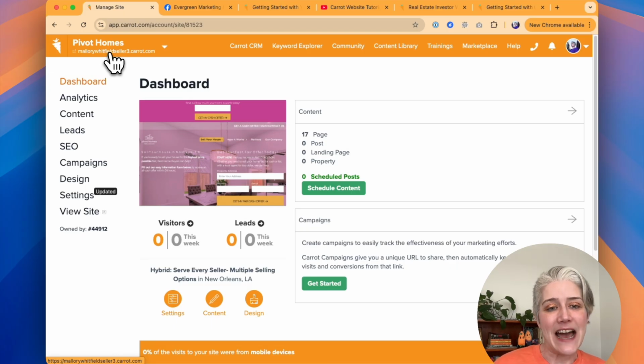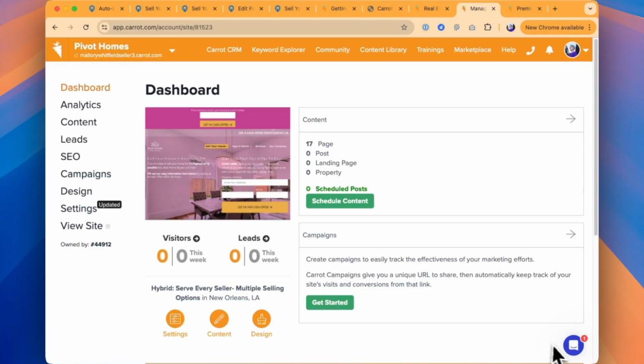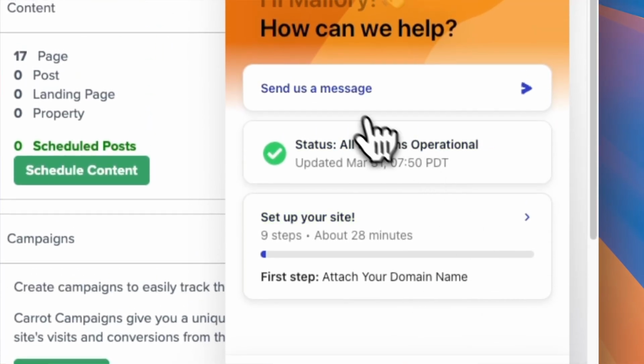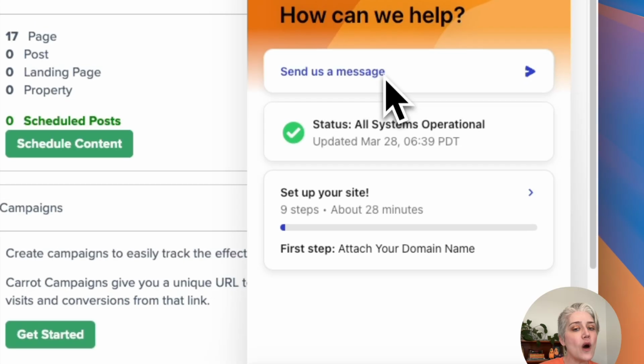That's because I haven't attached a custom domain yet, which is one of the first things that you'll want to do when getting started with your new Carrot website. If you go back to that blue chat icon down at the bottom right corner of the screen that I showed you earlier, you'll see that along with the ability to send us a message, you also should have a